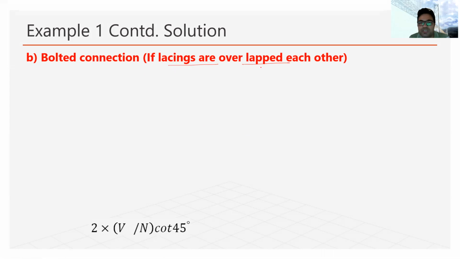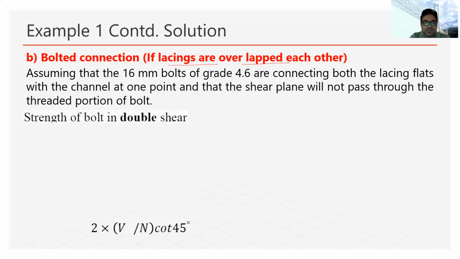I have shown you in the previous part that if the lacing bars overlap each other, in that case the bolt will be in double shear. So we are going to find out the strength of bolt in double shear, and simply we will multiply this by 2, because in this case the bolt is in double shear, which means the strength of bolt in shear is increased. So the strength of bolt in double shear will be